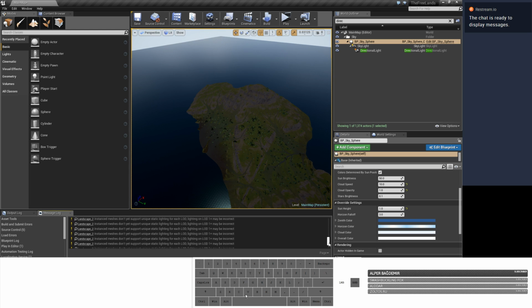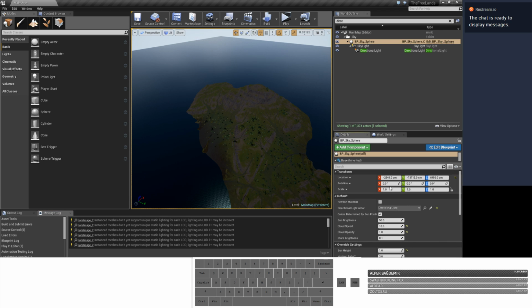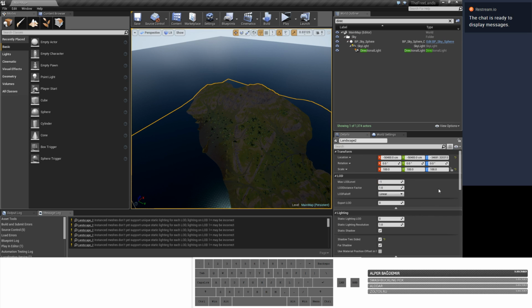Okay. That's a lot of warnings. The max available distance factor.